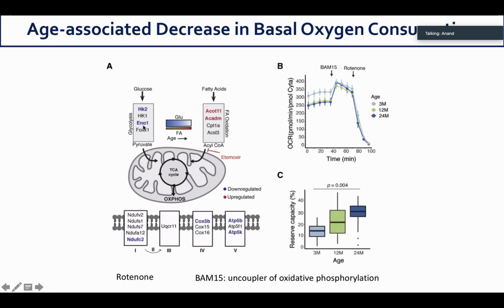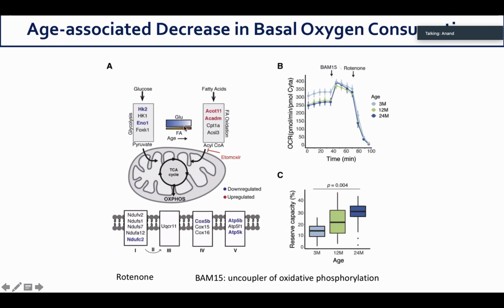And these are some of the genes that are not only having DMRs, but their expression is going down. And this is the glycolytic pathway which generates pyruvate, which goes into the TCA cycle and OXPHOS. And then this comes from beta oxidation, and this comes from fatty acid, and some of these genes actually were increasing, suggesting a hypothesis that maybe with age,